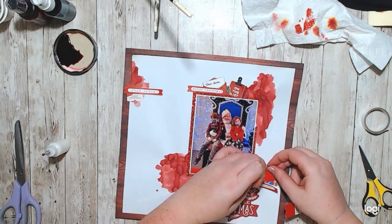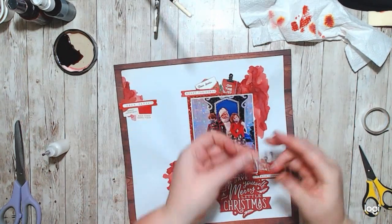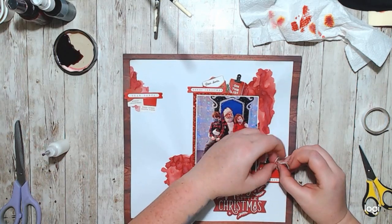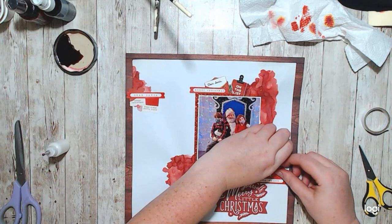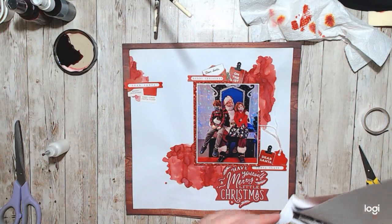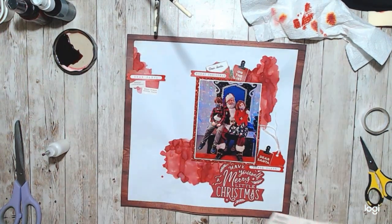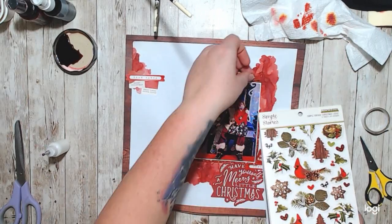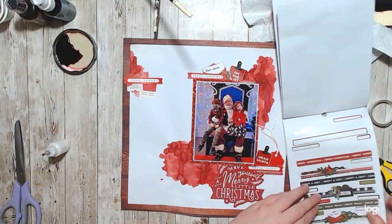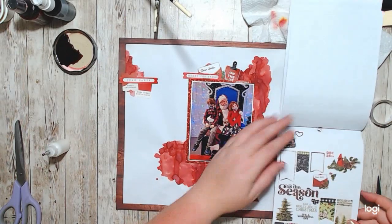But my original idea was to put all of the Dear Santa and Merry Christmas things on this page and have them sticking out behind the photo, but then I ended up with just the 3 clusters, and I'm still happy with that. I like the way that it's gone, but I kind of went a little Christmas and Santa crazy, so every single one of those things that's on there says Dear Santa or Merry Christmas. I only have one photo of my kids with Santa